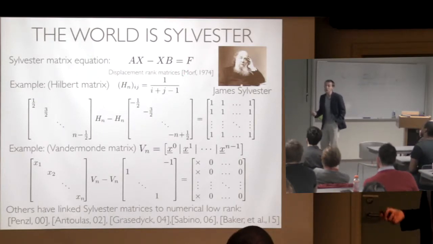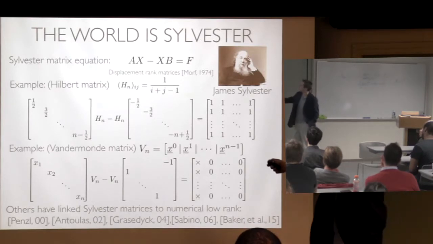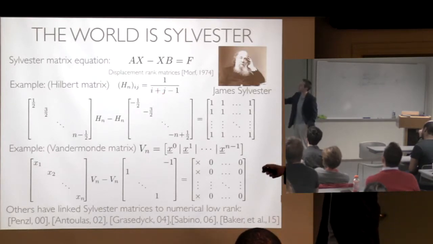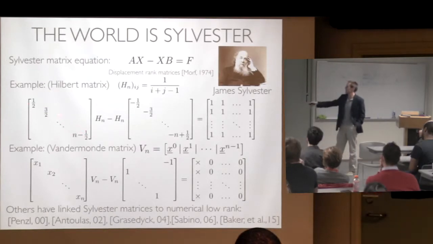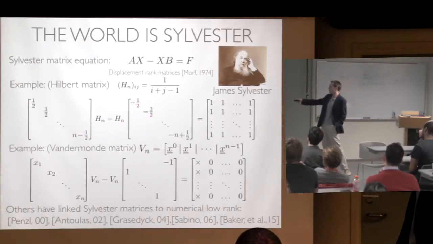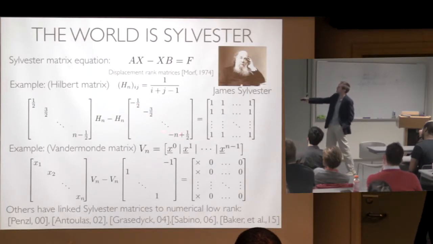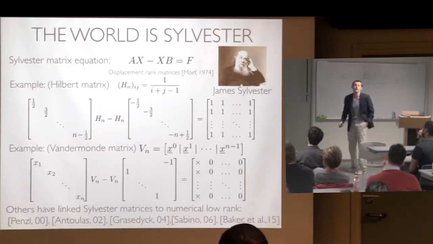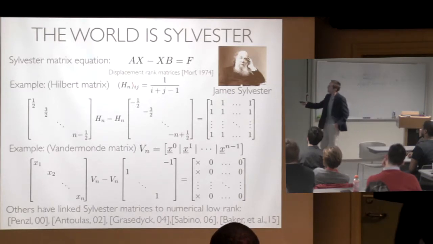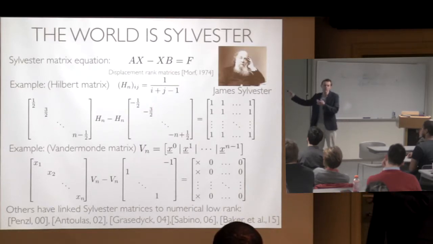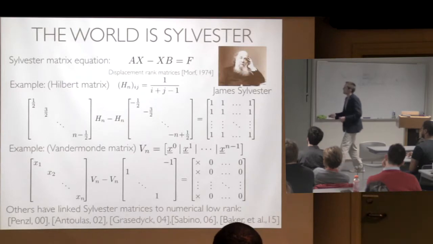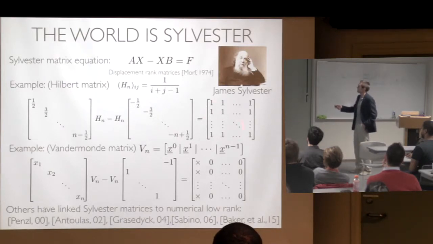So for example, for the Hilbert case, this is the matrix, the entries of that matrix. If I multiply on the left by this diagonal matrix, and I multiply on the right by this diagonal matrix, so A is this guy and B is this guy, diagonal matrices, I get the matrix of all ones. Why is that? Because I multiplied the ij entry by i plus j minus 1. That's what that's doing. So this is A, this is B, and this is of low rank,